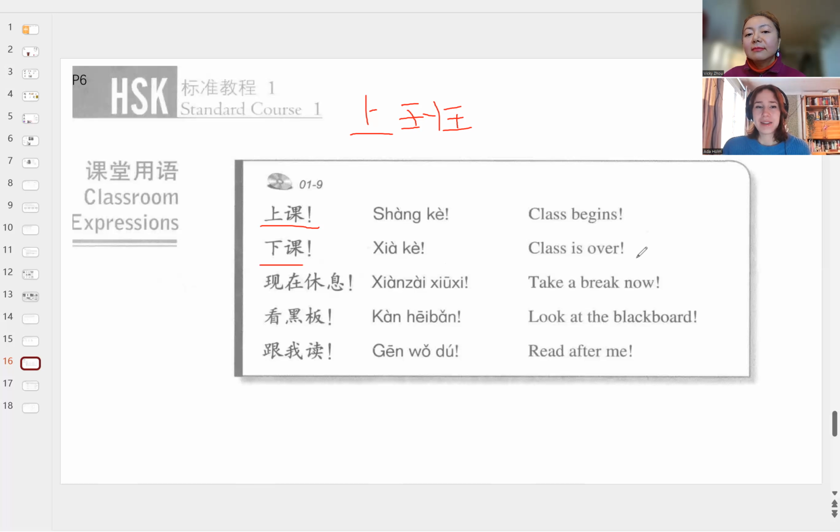Then the shift is over, the work is over, 下班。下班。好，and then 现在休息。What is 现在? Like now. 休息, like rest. 对的，现在休息。好。